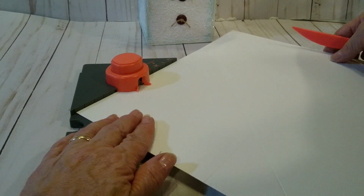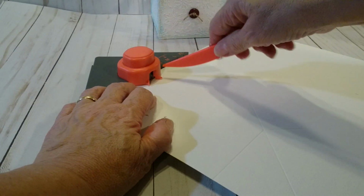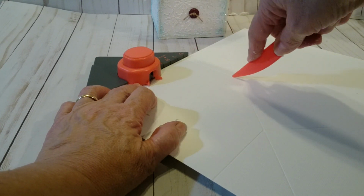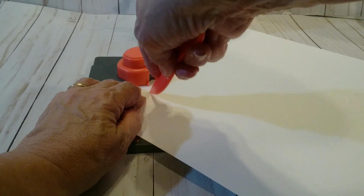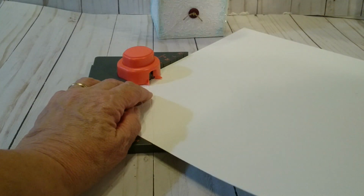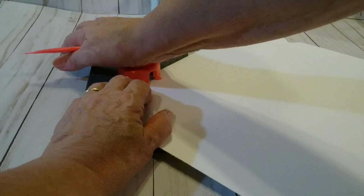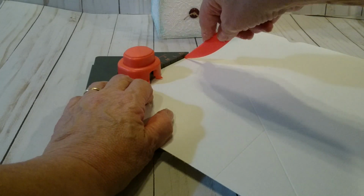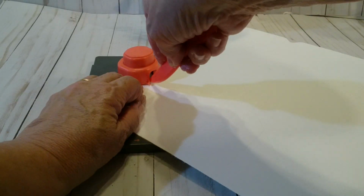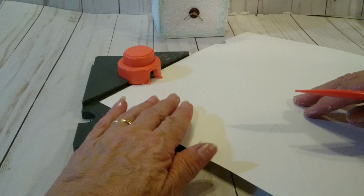And we are making the 4 by 4 box. We're going to punch, and we're going to score to here, score here, score here. And then we'll turn the paper, and punch, score, score, score. And now I have all my score lines, so I'm going to flip the paper over, and I'm